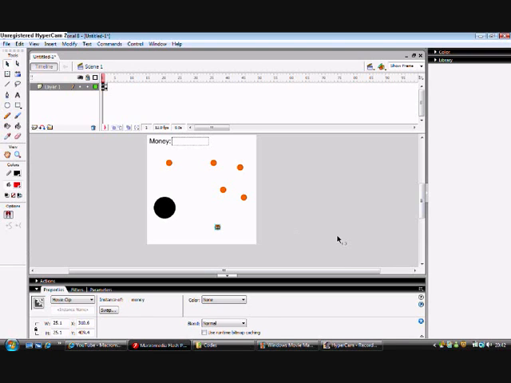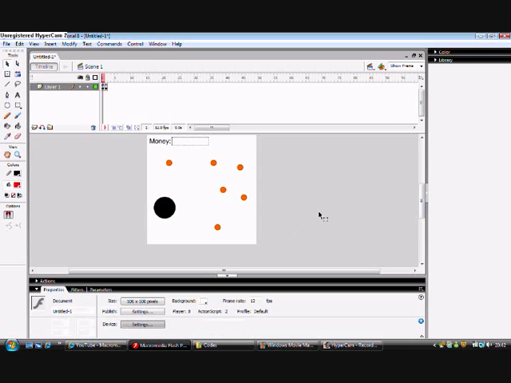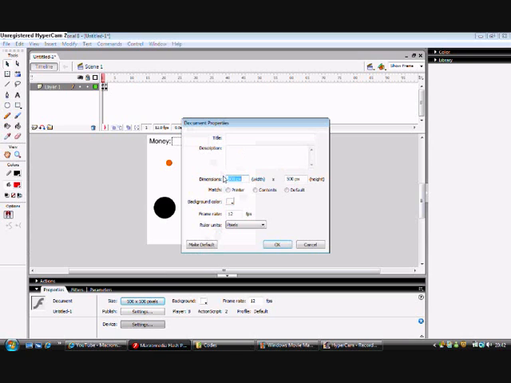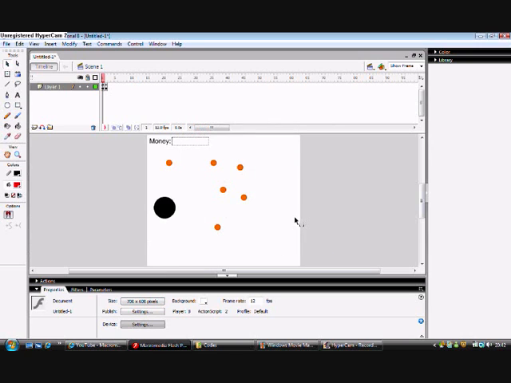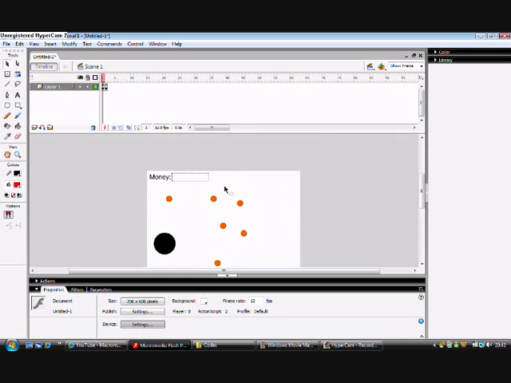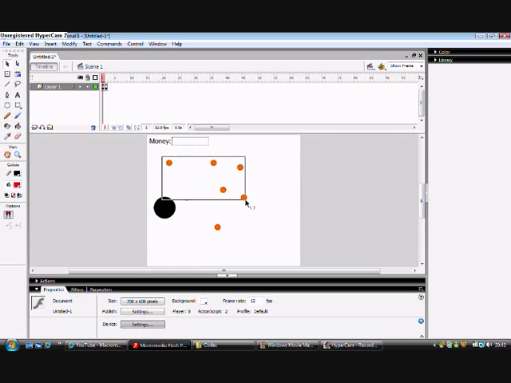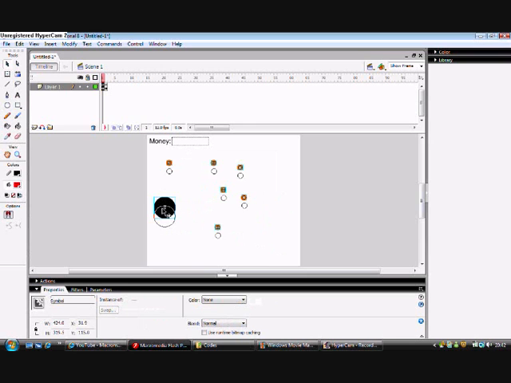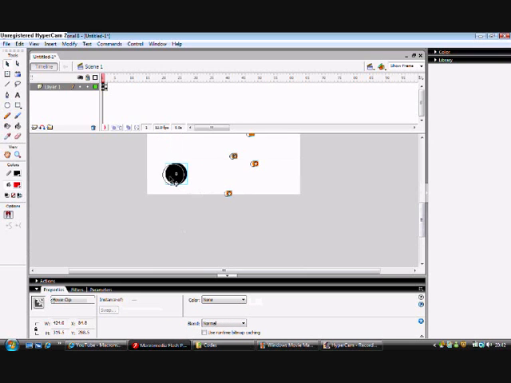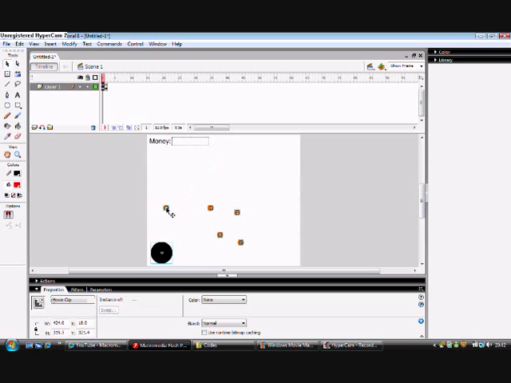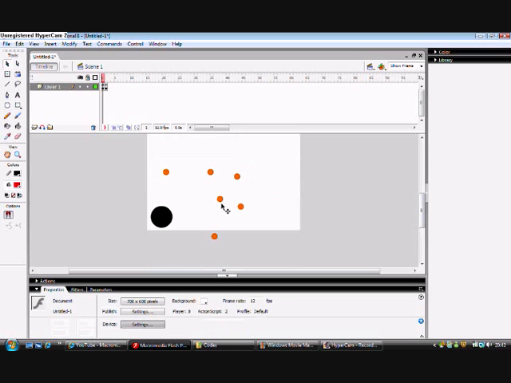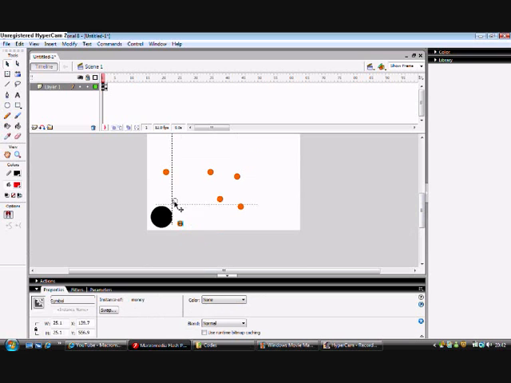This time we're going to be making an inventory for your character. So I'm just going to start off by making the stage a bit bigger, so 700 by 600. Right, the second thing I'm going to do is move everything out of the way. Just group all the money in a corner with the character,